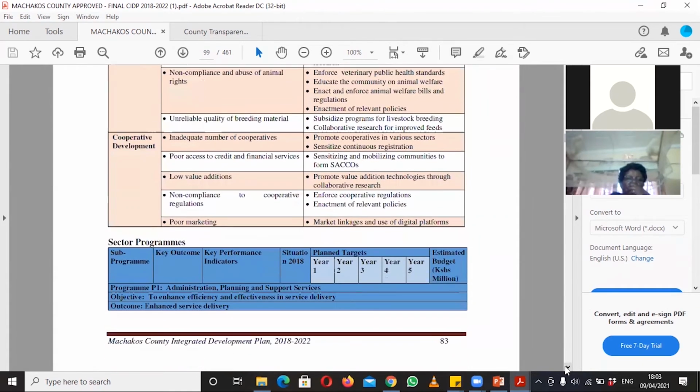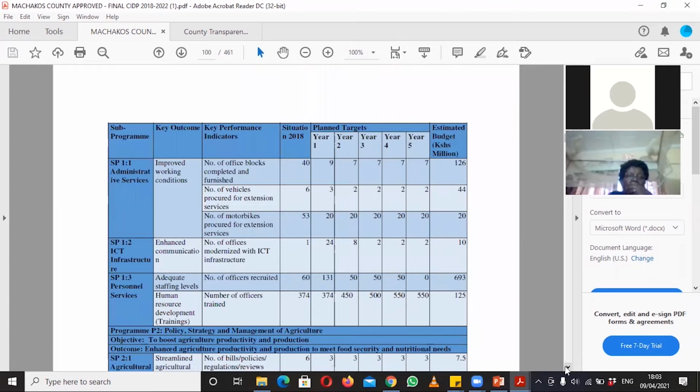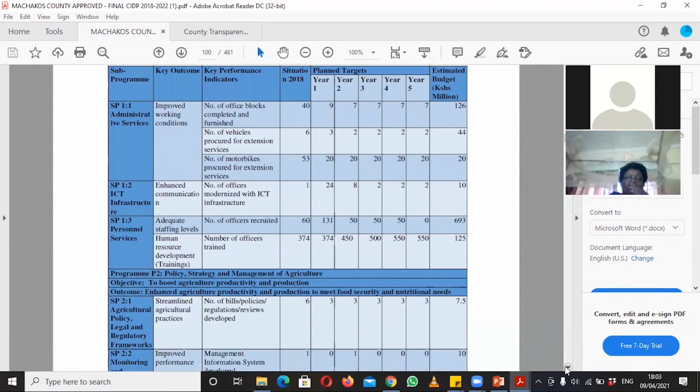So like now, sector program, that is for agriculture. So they have to give us the performance indicators, also planned targets. What did they plan to achieve every year, and the amount of money that they used. So we applaud them for stating all this, for being transparent, all right? But they also needed to tell us where,